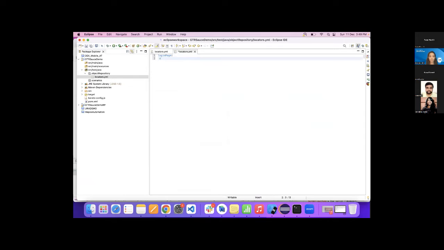This is a username text field, so we would give it as username and this is our ID. We are using the CSS for the same. Similarly, we will be developing for the password as well as the login button.